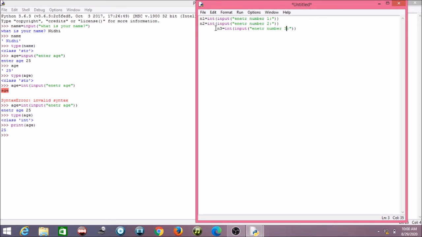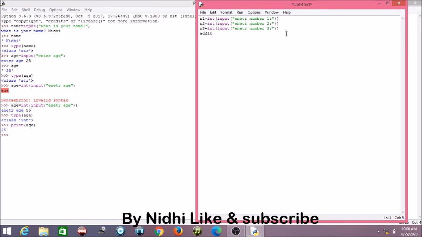So we are taking 3 numbers from the user, and then performing addition on them. So we have a variable, result, or addition we can write, addition, is equal to n1 plus n2 plus n3.